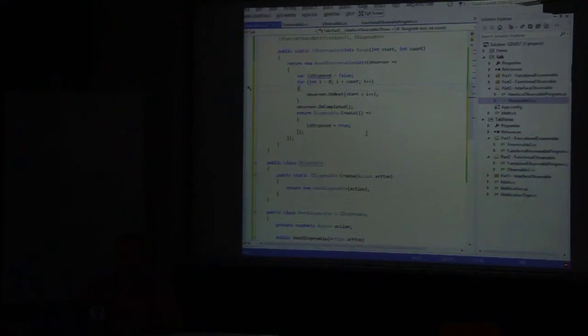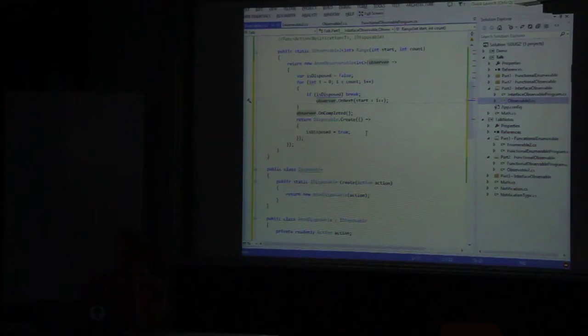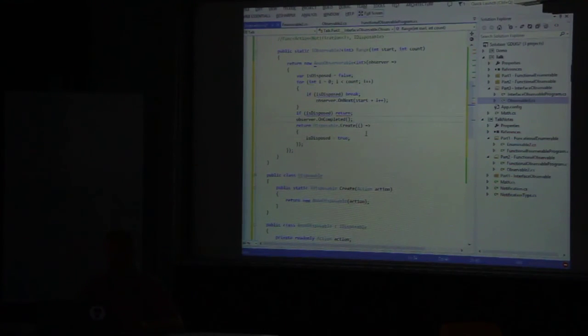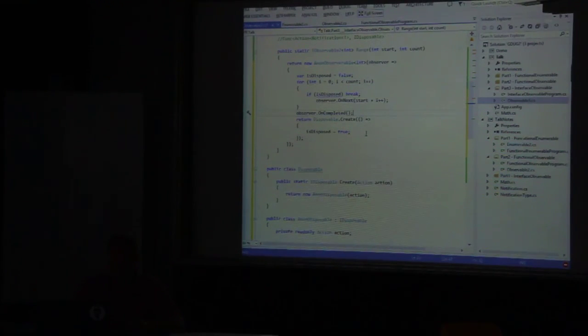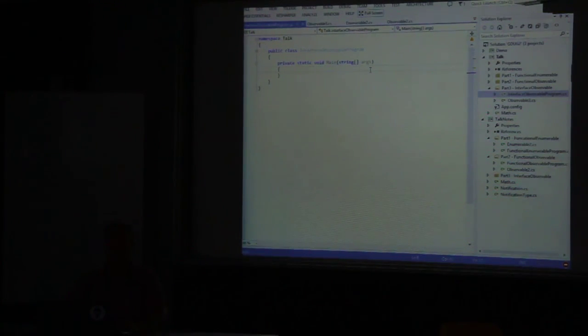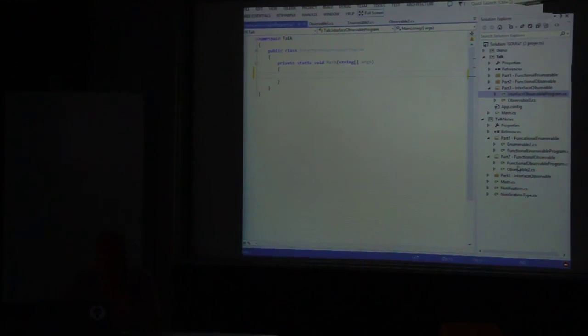And once it is disposed, we want to just kind of stop. Yeah? That's what we said before. This is kind of like the resource deallocation side of things. You don't want to notify this guy anymore. And nor really do you want to tell him that it's completed, but for the sake of argument, we'll do it here. So back on this side of things, we can say, we're running out of time. Let's not do that. Let's go